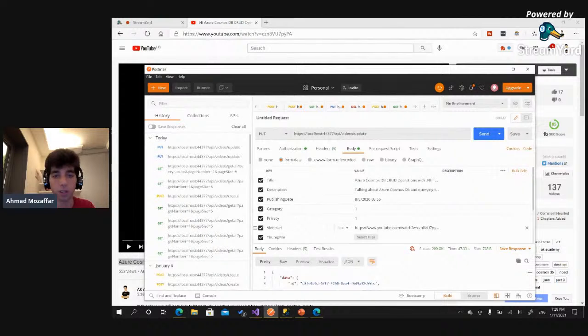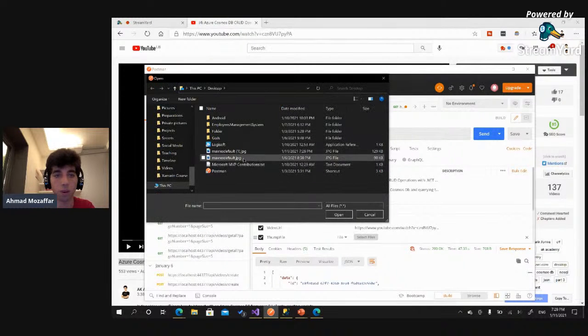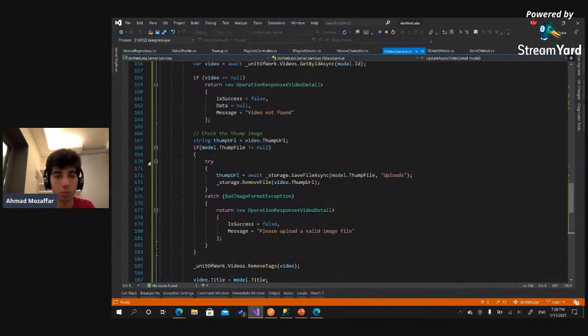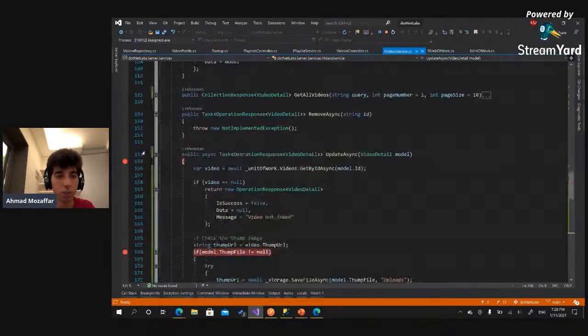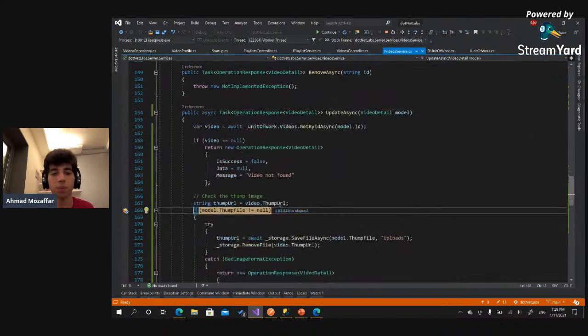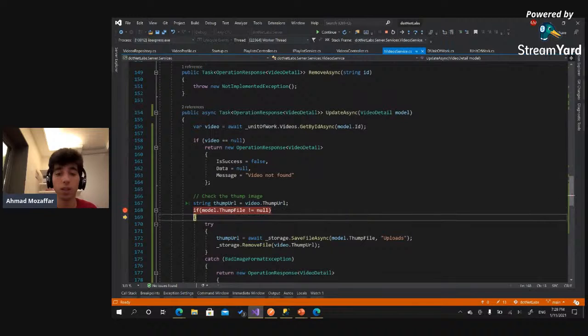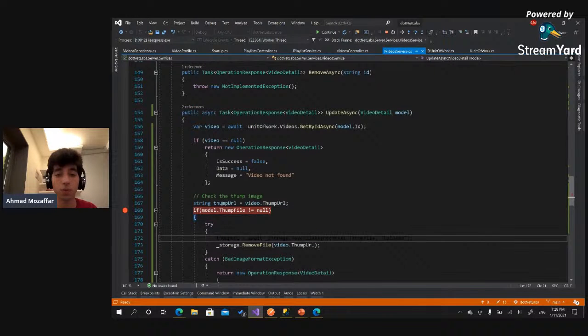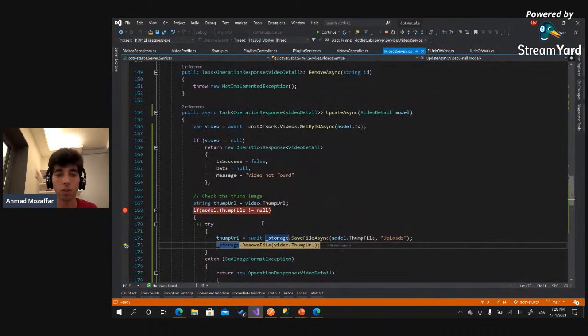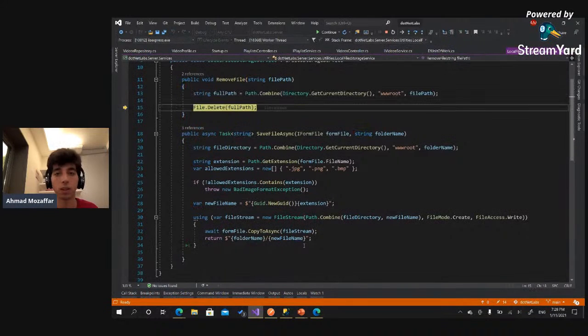Let's go ahead and choose a temp file. I will take the new image, and let's put a breakpoint just here. And let's forget about this one. And I will click send. So the only thing that's going to be changed is the temp file. Right now, here we have a file. So it will try right now to upload the new file. Just a normal process. But again, it will go to the old one and try to delete that file,